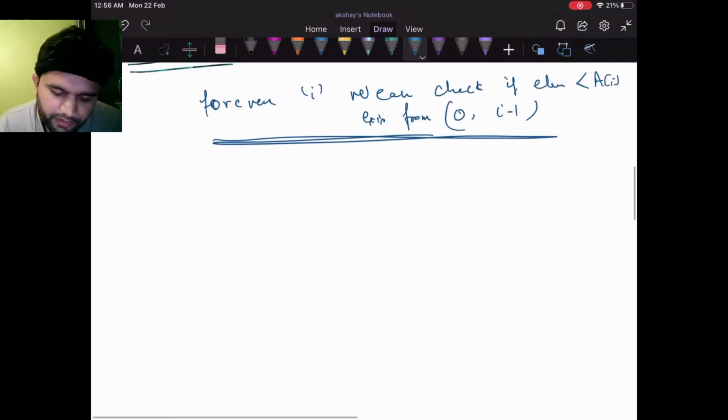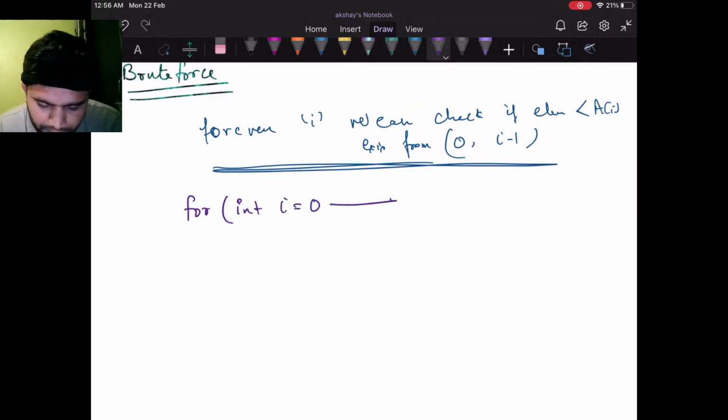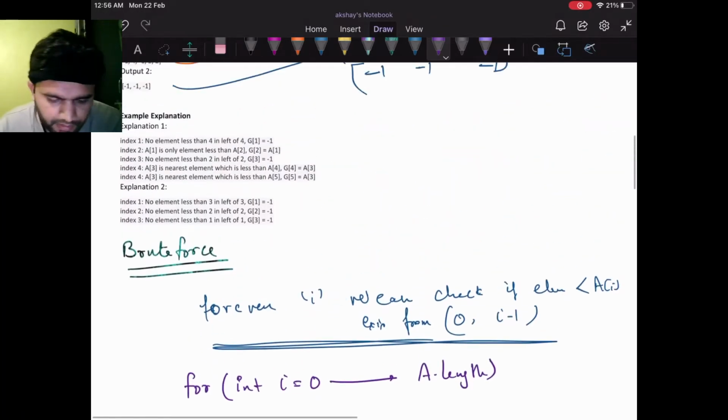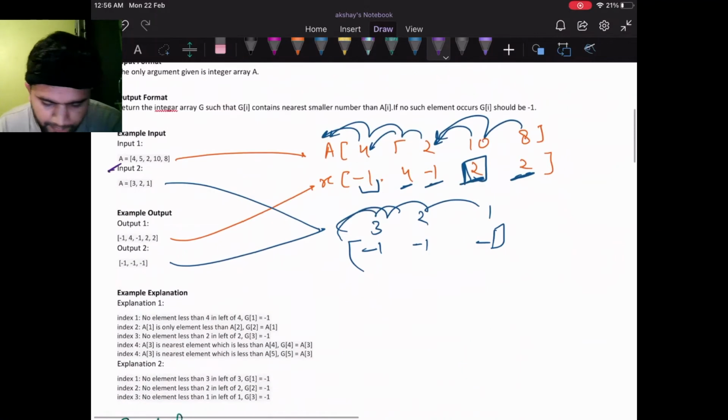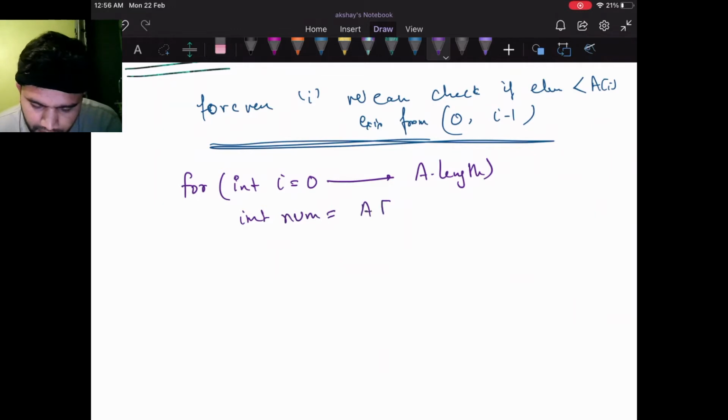If we want to write the brute force, it will be something like: for int I equals 0 up to a.length, that is our given array. Int num will be Ai. This is our current number, for which we need to find the smallest integer towards the left.